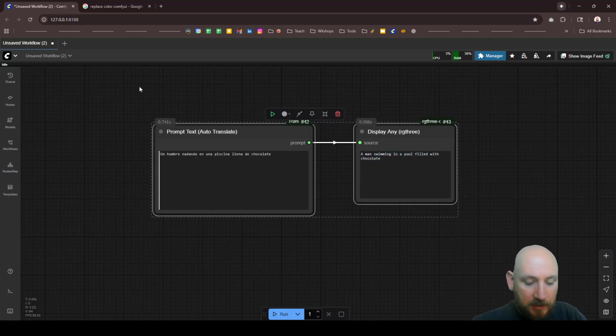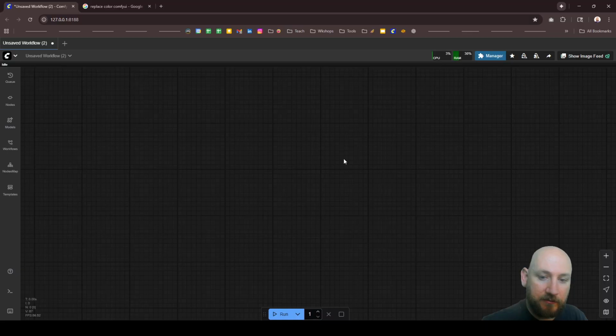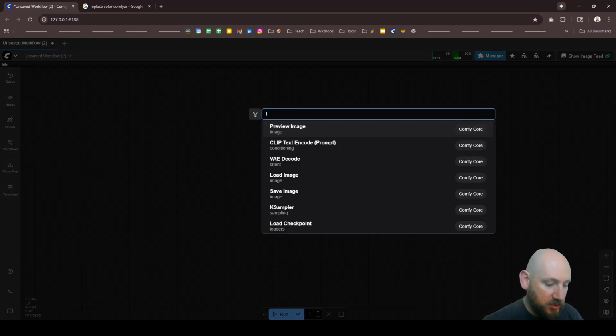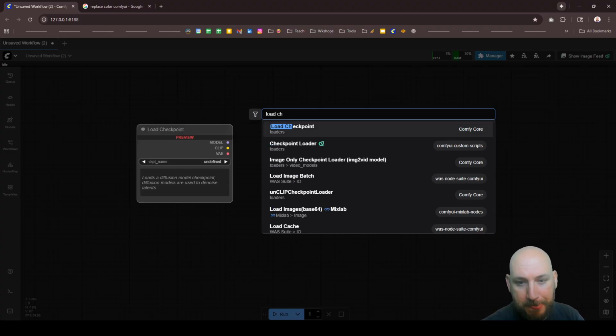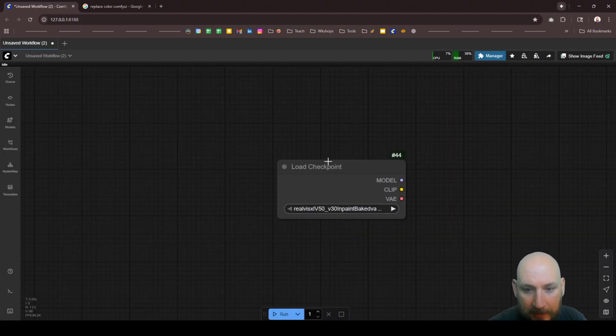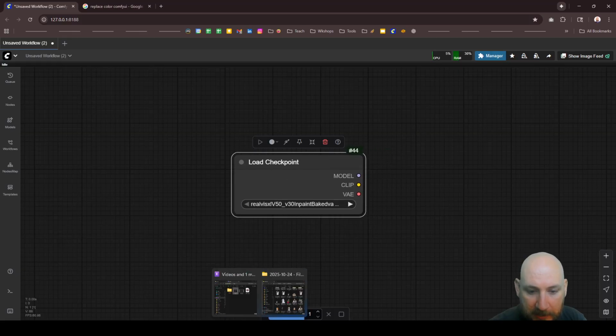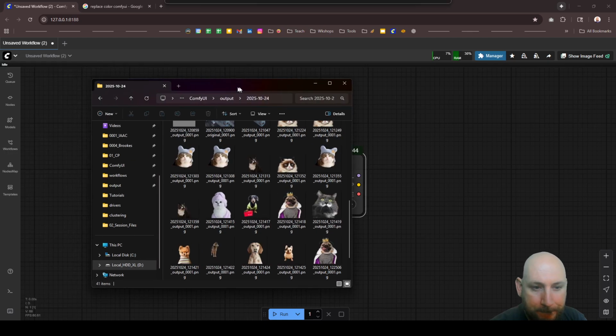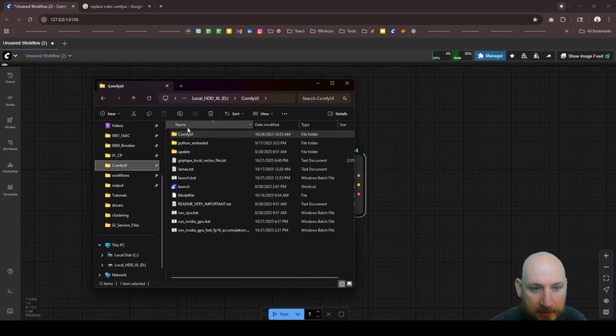Okay, so let's delete everything and start fresh so we kind of understand what are the components in a just regular workflow. So load checkpoint is the first one. And even though it was done for you, if I go to Comfy UI models,